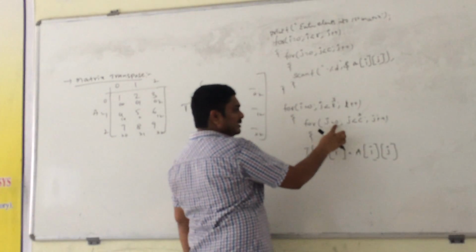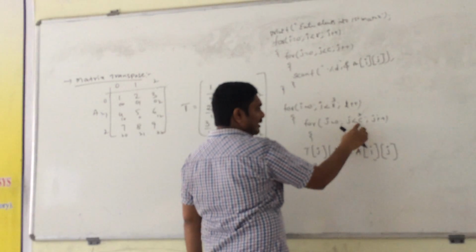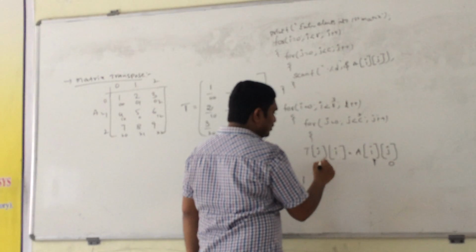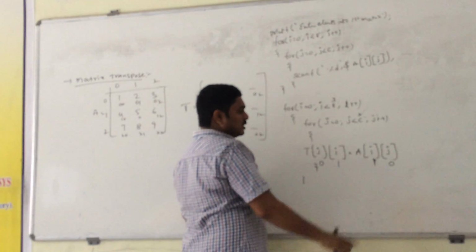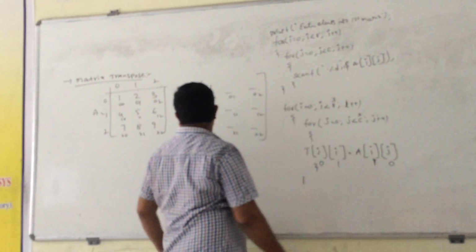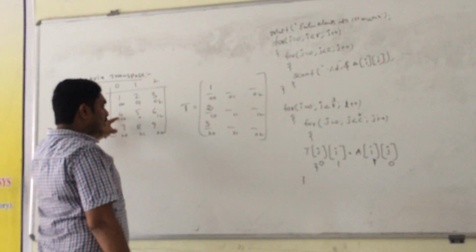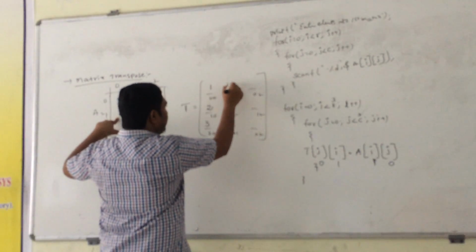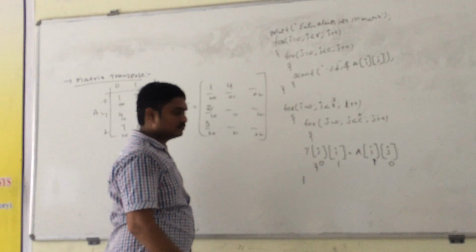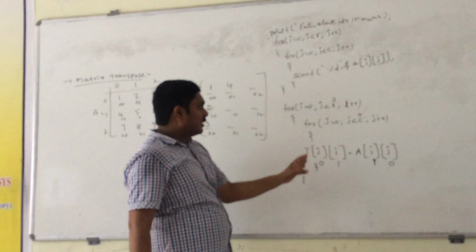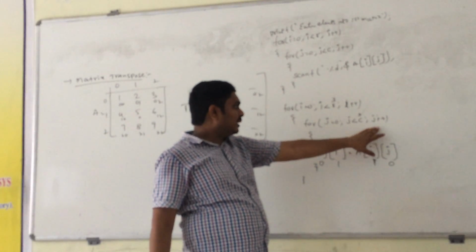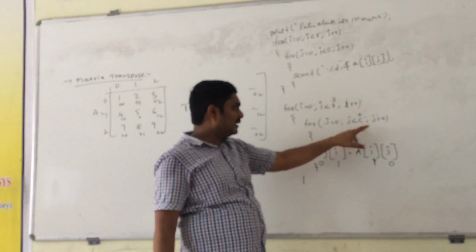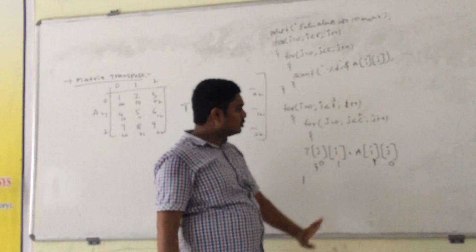Again the inner for loop, for j equals to 0, 0 less than 3, condition true. So here i value 1, j value 0. So in A matrix the 1, 0 element is 4, it is stored in T at 0, 1 position. So here 4 is stored. After the end of the loop, the j value is incremented, j will become 1, 1 less than 3, condition true. Then it enters into the loop.